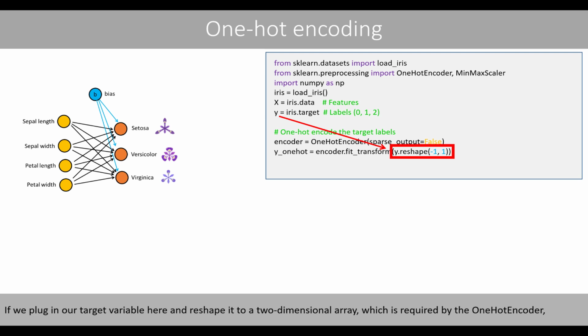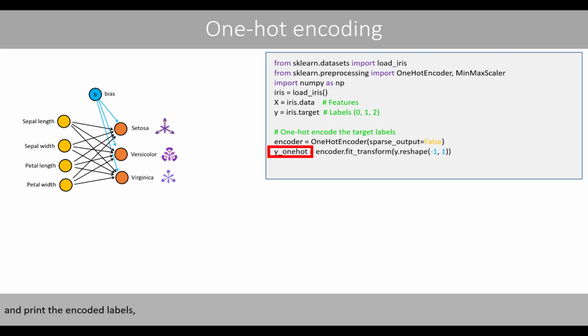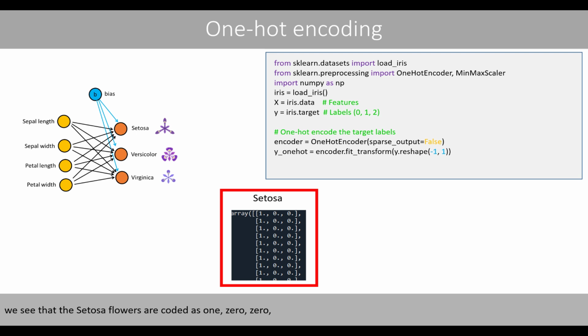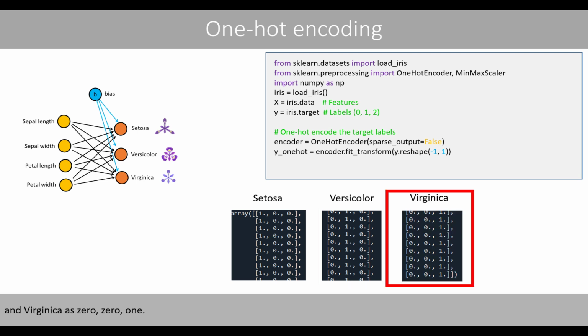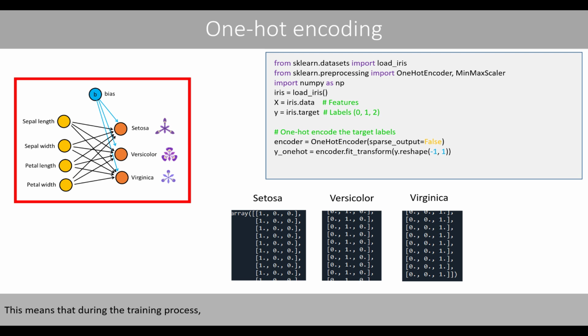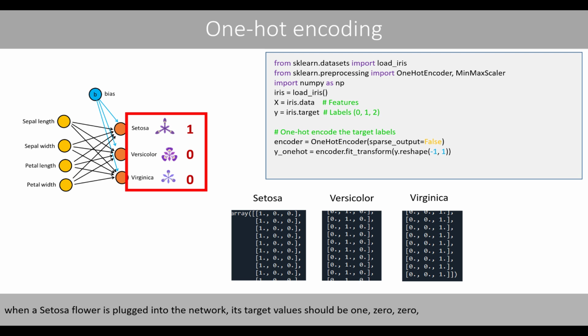If we plug in our target variable here and reshape it to a two-dimensional array, which is required by the one-hot encoder, and print the encoded labels, we see that the Setosa flowers are coded as 100, versicolor as 010, and virginica as 001. This means that during the training process, when a Setosa flower is plugged into the network, its target values should be 100,